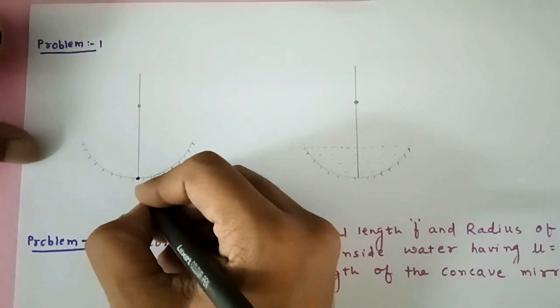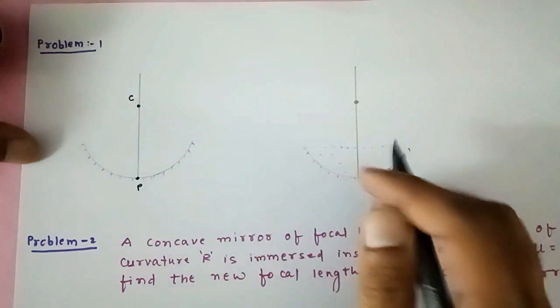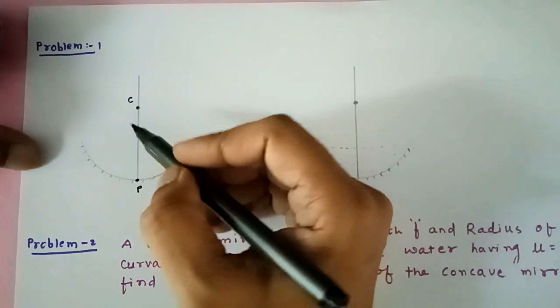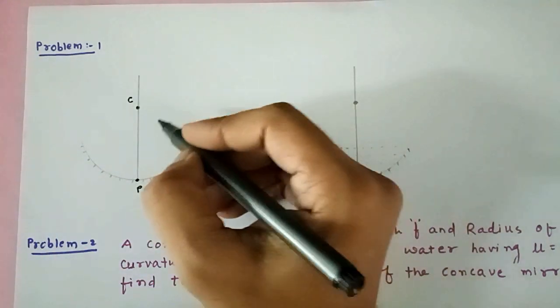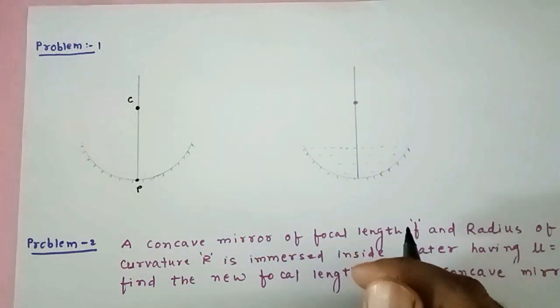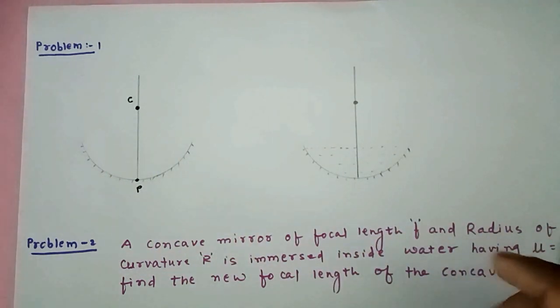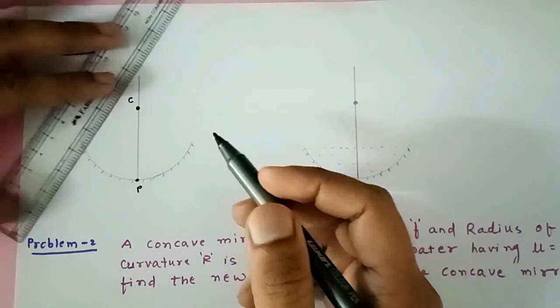This point is the pole, this is the principal axis, and this point is the center of curvature. What I am going to do is place a very point-sized object, a very small dot-like object, on C. So I know that when the object is placed at C, the image will also be formed at C. And we know that